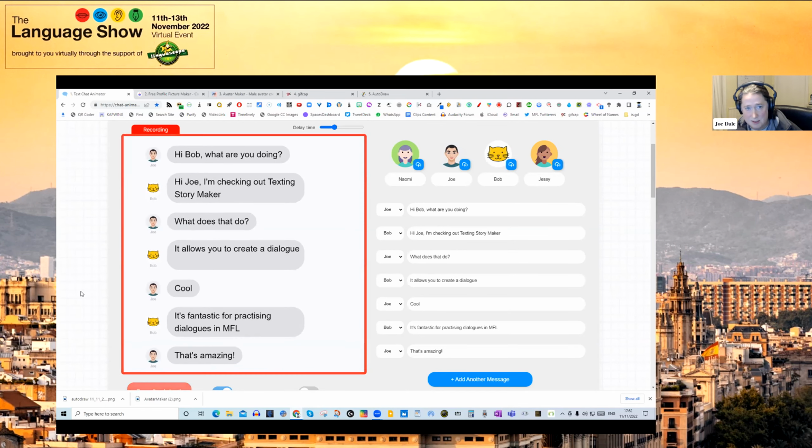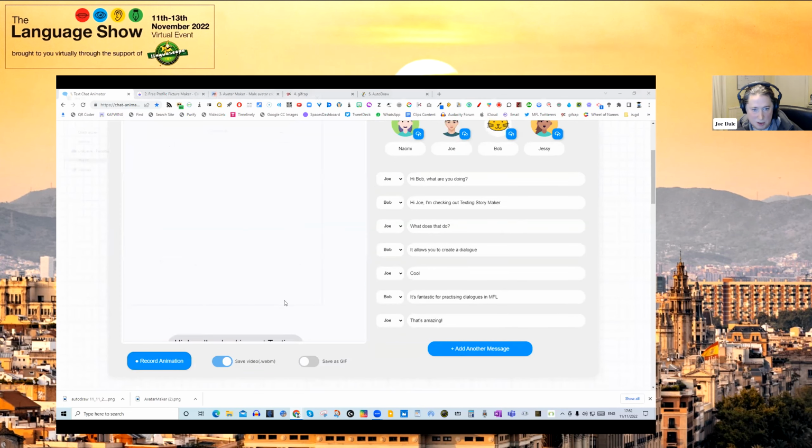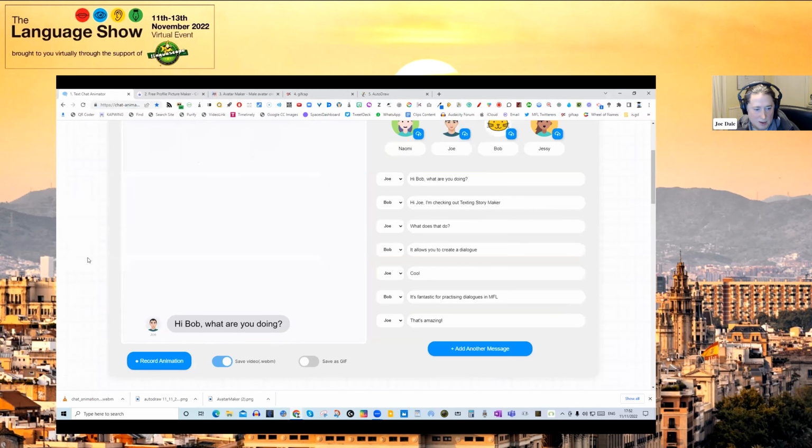But you can, as I've said already, export as an animated GIF if you want to, which is another nice thing to do. Now, you can just do the same thing as I showed you a moment ago. There we are, save as GIF. That's all good. But I'm going to show another little tool in a second, which will make the process even easier like this. So if I click save right now, that's my little video.